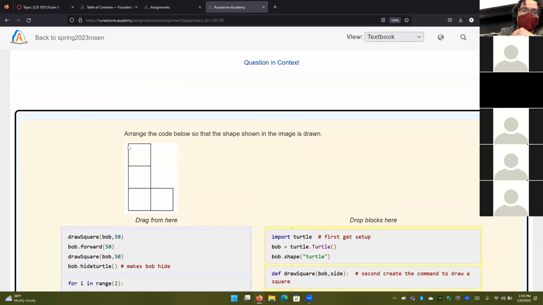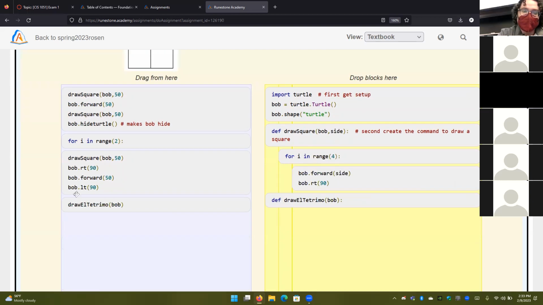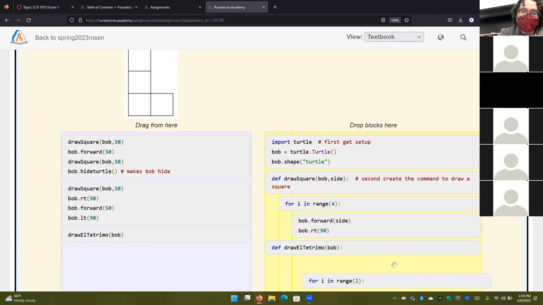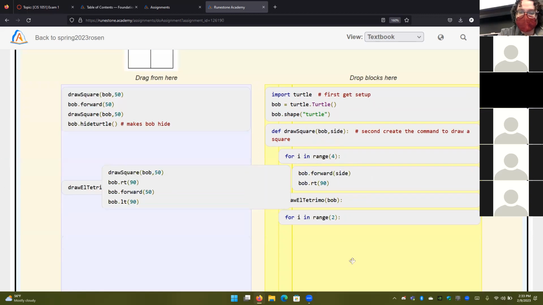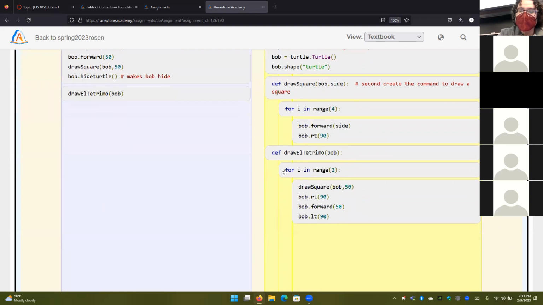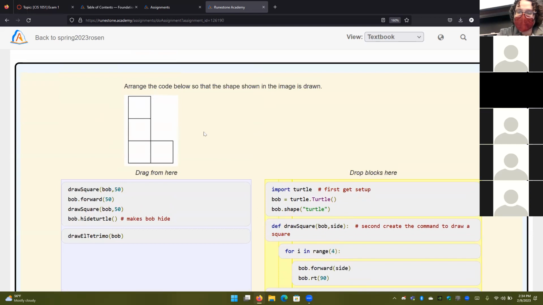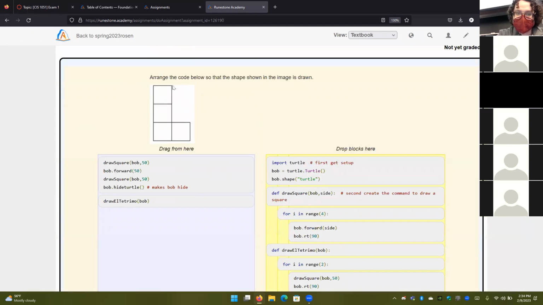That makes it easy. So if Bob's starting here on the top left, boom, boom, boom, boom, then he will end up back there, and then to move down, he would need to right turn, move down, and then left turn to undo that turn. So if we do that for Bob over here, for i in range 2, we tell Bob to draw a square, which he does.